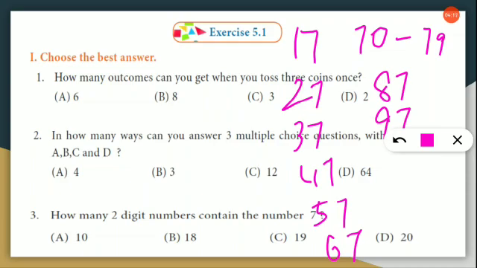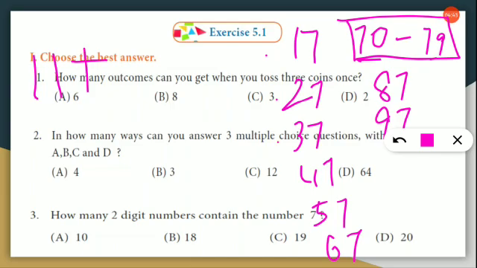Now count the number of 7s here. From 70 to 79, how many 7s are there? 70, 71, 72, 73, 74, 75, 76 and 77 has 2 7s in it. Okay, so 77, 78 and 79. So therefore this set alone contains 11 number of 7s. Then count all these 1, 2, 3, 4, 5, 6, 7 and 8. So this 11 plus 8 will give you the answer. So the answer is 19 sevens. Okay. It is option C, 19.